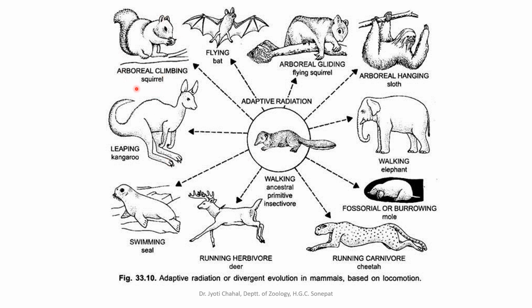So here, first starting with this arboreal climbing squirrel, it will live on trees, so accordingly it will be having legs like those so that it can climb on trees. Next is the flying bat, so it has its four limbs modified into wings so that it can fly. So that is again a functional morphology. You can see that the morphology of its four limbs has been changed so that it can perform the function of flight.